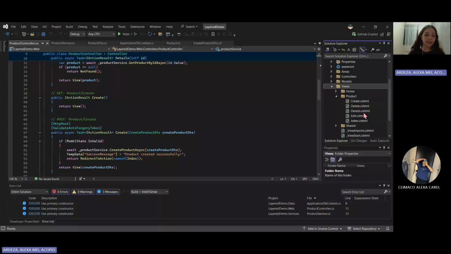First, the Index displays the products in responsive Bootstrap cards. The Edit is the form to update an existing product. The Details shows the product information. Then lastly, the Delete is the confirmation screen before removal. Each view uses Bootstrap styling and built-in validation to ensure a smooth and user-friendly experience.